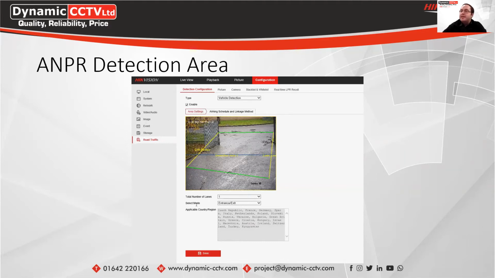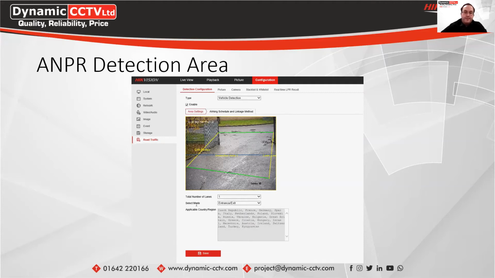With the entrance and exit, this is what you'd set it to if it's an entrance or an exit to a car park, or if it's being used for barrier control with the system as well. So you can see we've got our left border and our right border set up. And we now also have on the newer 7-line cameras, there's also a detection line. So the vehicle needs to pass through this detection line in order to trigger the system on there. So if they only come in at the top here, they won't actually trigger the ANPR camera itself. So there is that additional function that's been added in post to the original 4-line ANPR cameras that were originally